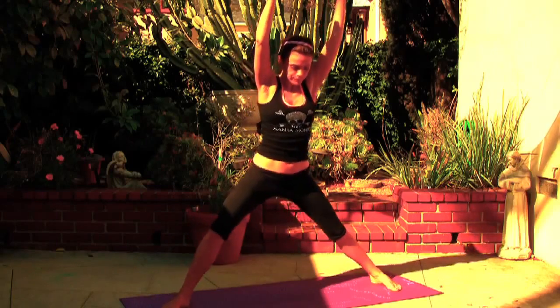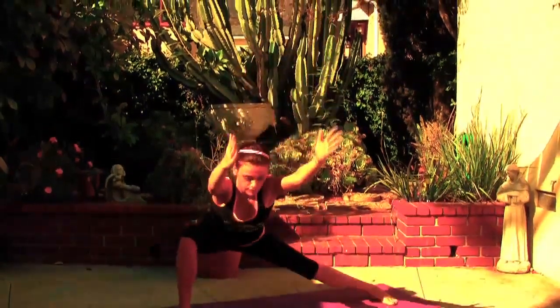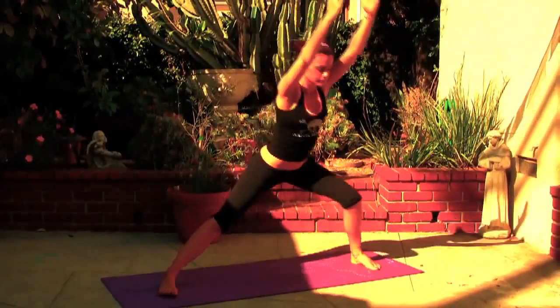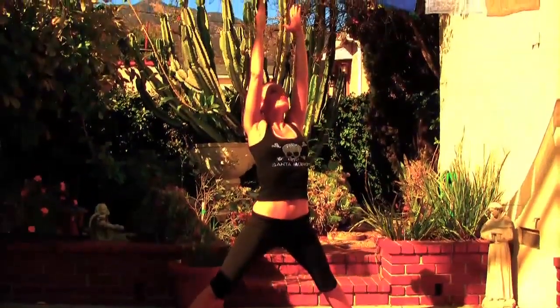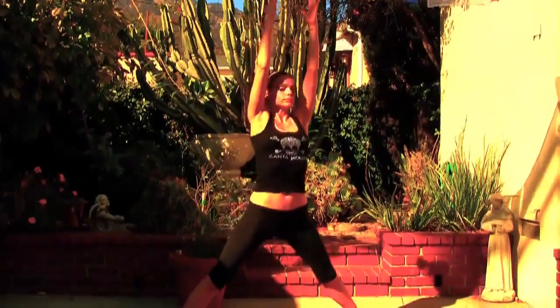Use your core to come up to standing, and we're gonna square the feet here so the toes are pointing forward, and sit back on the right side, side lunge, come up and sit back over to the left side, side lunge. Try to really press your hips all the way back. Sit back, right side, shoulders down,